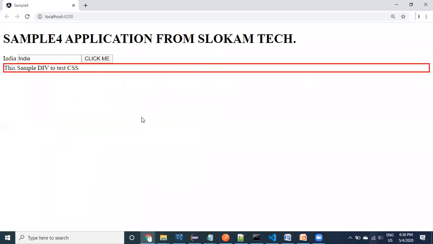See here guys, that property contains the value India. Whatever value is available in the name property, that value came and was provided to this particular text box.